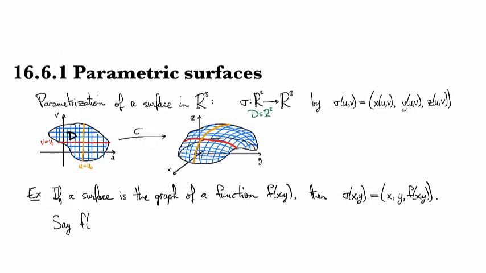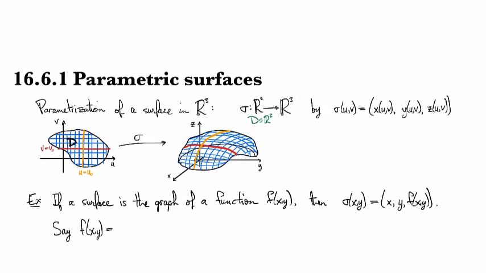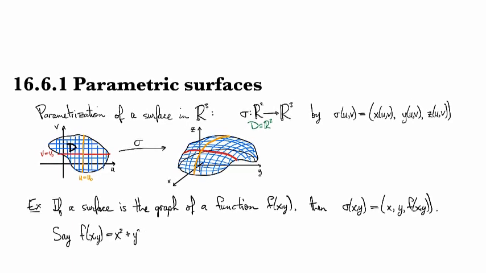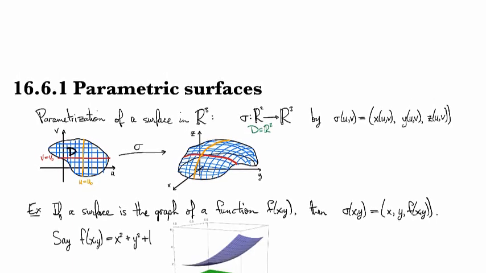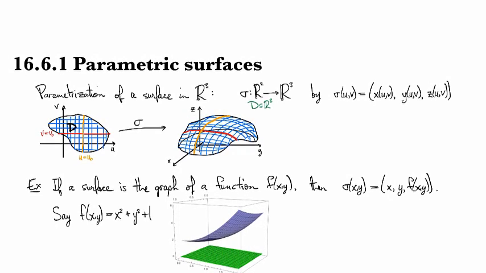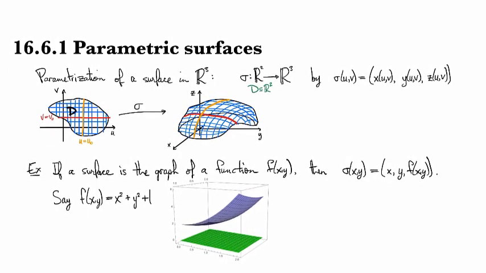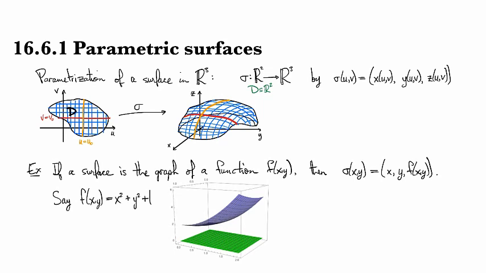say we have f(x, y) is x squared plus y squared plus 1. Then the graph is going to look like this guy. So here you can see we've got the x-axis going this way and the y-axis going this way, just as usual. And if I fix a y value of some curve like this one here, then that's going to be, if I look at then